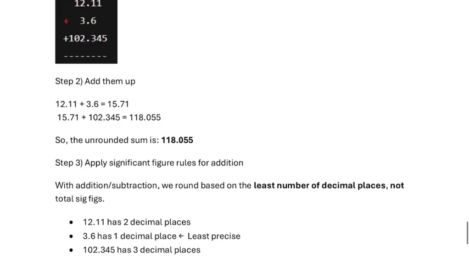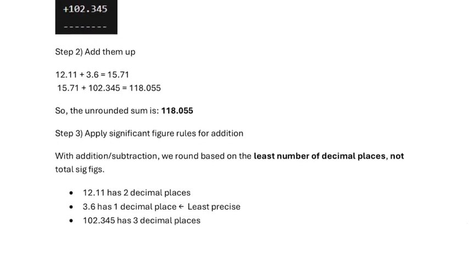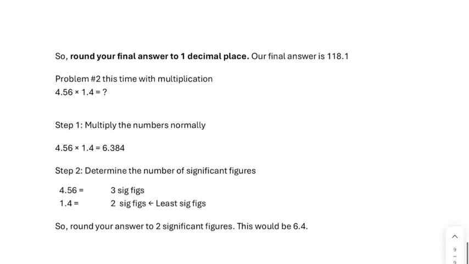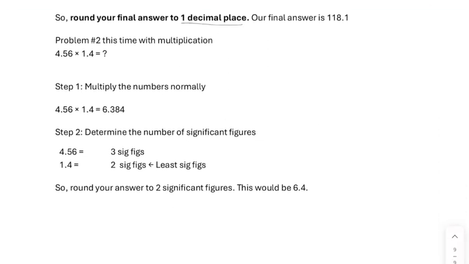because that's what we will round our final answer to. So 12.11, we have 2 decimal places. 3.6 only has 1. So this will dictate what we round to, because it's the least. We will round to 1 decimal place in our final answer. So our final answer is 118.1 with 1 decimal place. Number 2, we're looking at multiplication. This one, we just want the number of sig figs, not decimals. So they differ, and this is important to know. So the least number of sig